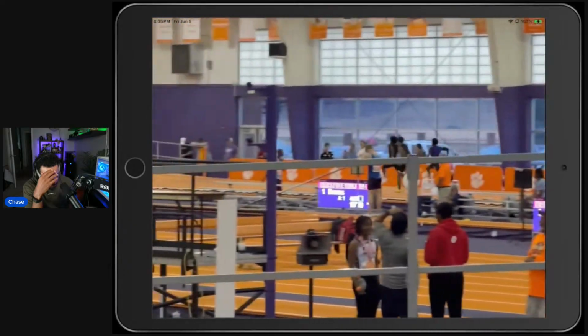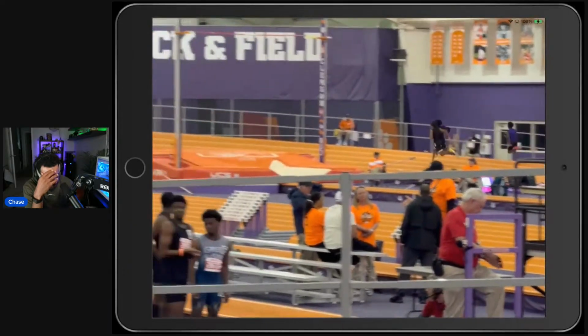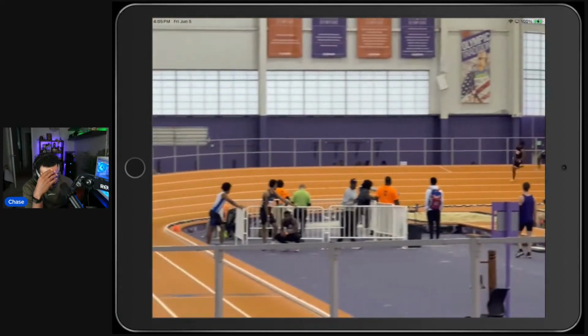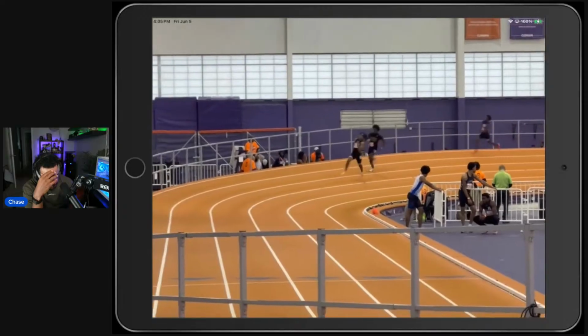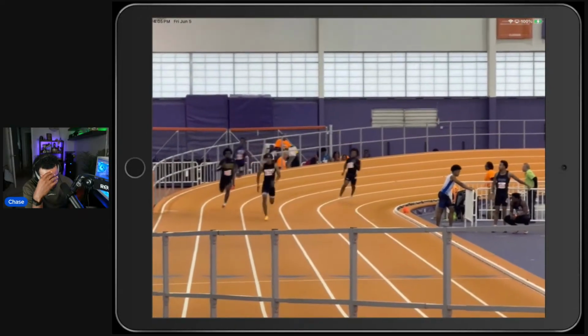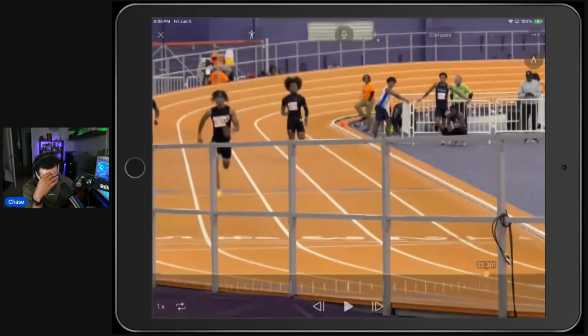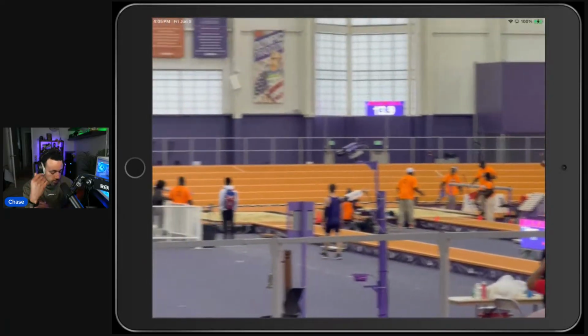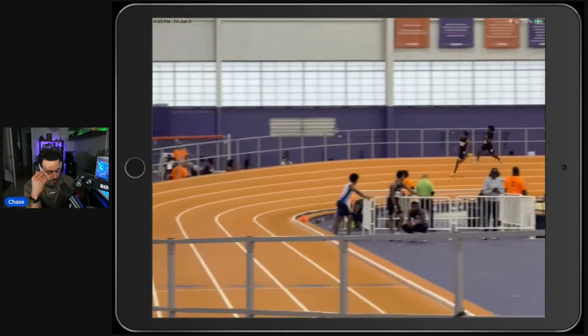Although I know you won the race, but we want to get to 21. We need to be at 21. But 22.7 as a start can be a 21 type season. And then you look uncomfortable coming off this turn as well, but you're able to power it home. The only way to get better at running bank tracks. Okay, so